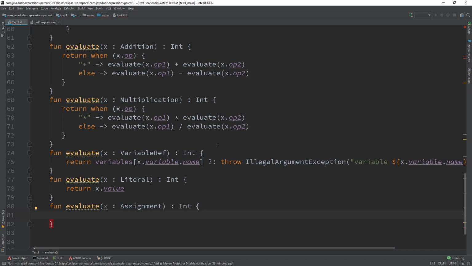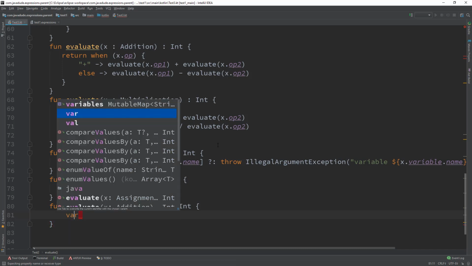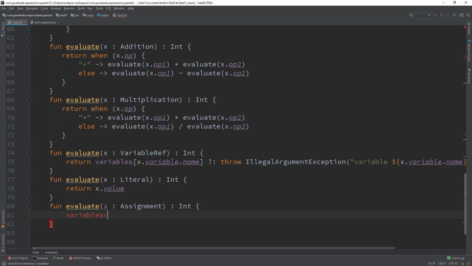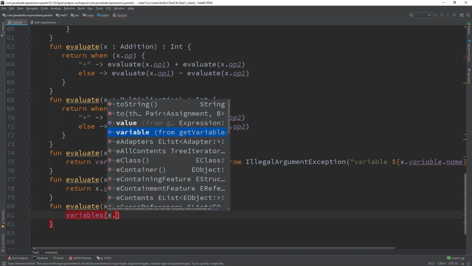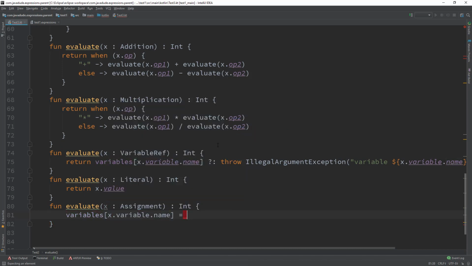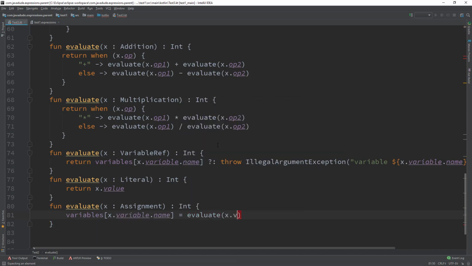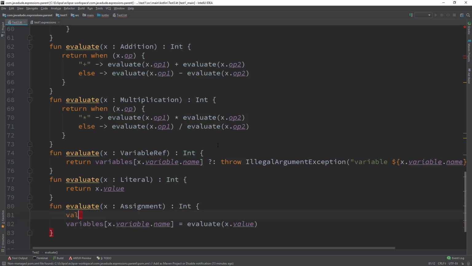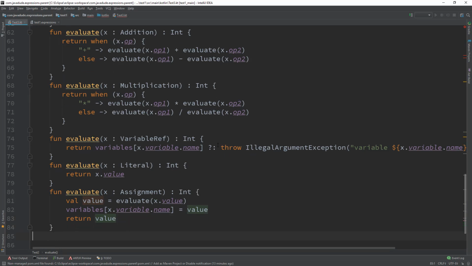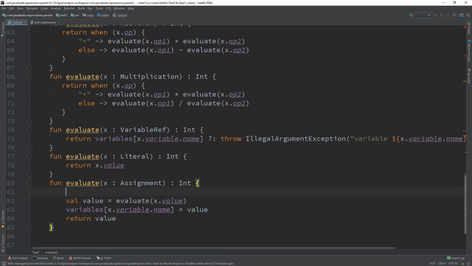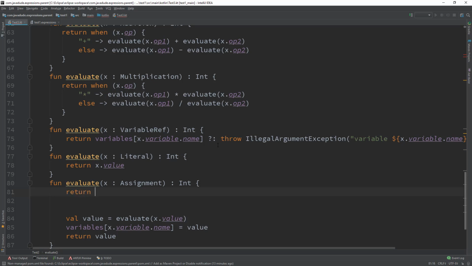So we're going to say variables sub x dot variable dot name equals evaluate x dot value. And actually I wanted to return that. So say val value equals, do that, and return value. Or what I could have done is return